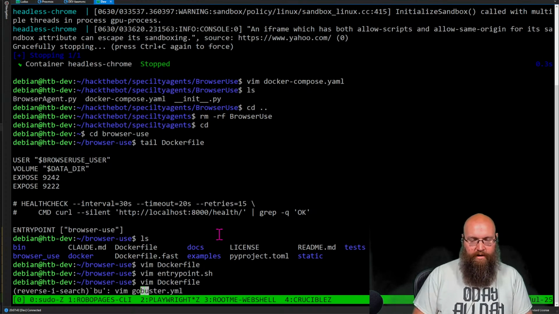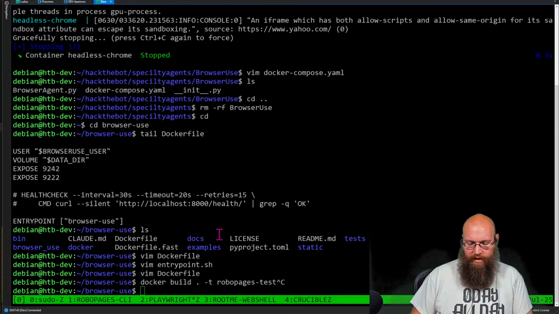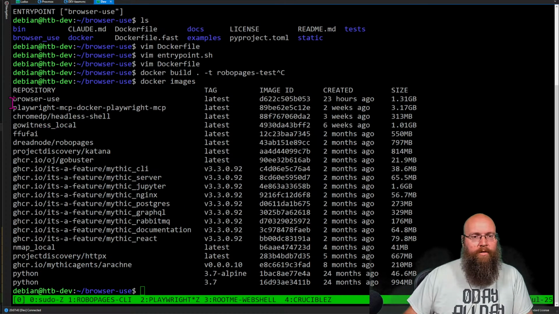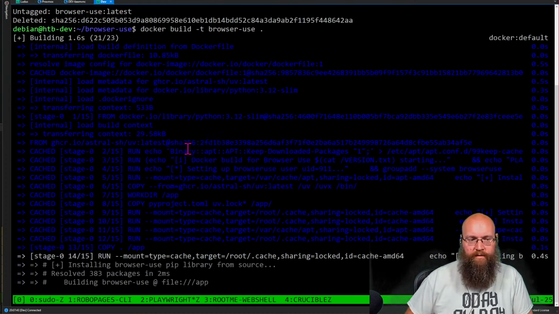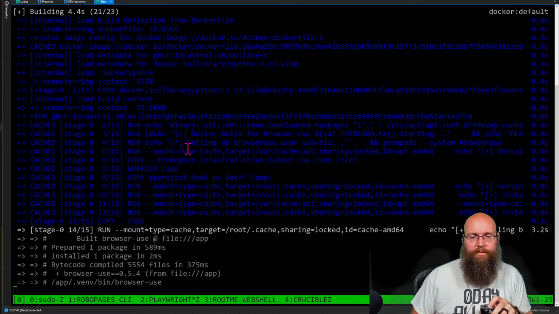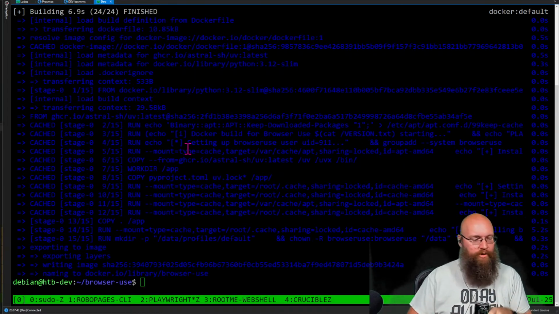So then what we need to do is rebuild this, but I don't have the build page in here. So let's go ahead and delete that one. Let me see. docker images, browser-use. So let's get rid of that one. docker image rm browser-use:latest. And then we'll just rebuild that. So docker build -t, give it a tag. We'll call this one browser-use. And then we just tell it what to build. Oh, there we go. So we'll let this cook for just a minute. Now, the good news is if I screwed up the entry for the command line, we should be good.